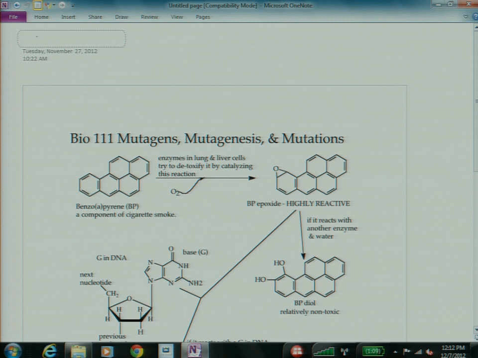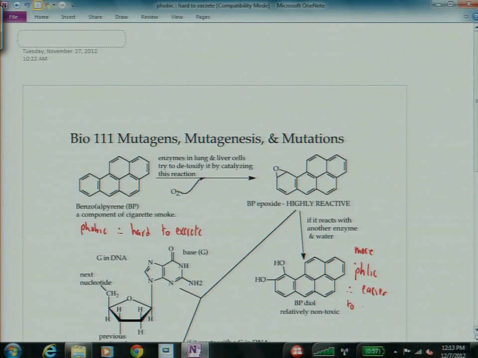So that's the starting setup. This is very, let me get a different colored pen. This is very phobic, therefore hard to excrete. This is going to be more philic, therefore easier to excrete. Right? So your body is trying to do a good thing. It reacts this with oxygen in an enzyme that's present in your liver and also lung cells. Produces this molecule, which is then sort of supposed to, and most of it reacts to form BP-diol. But this BP